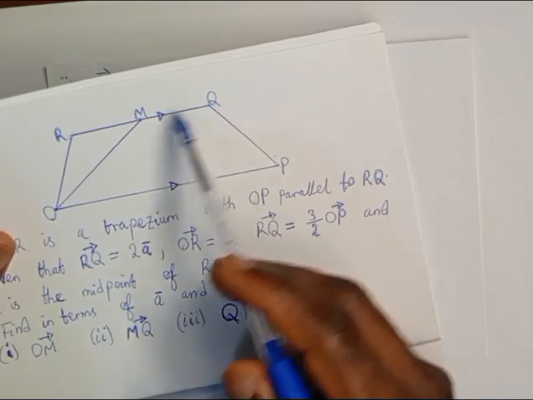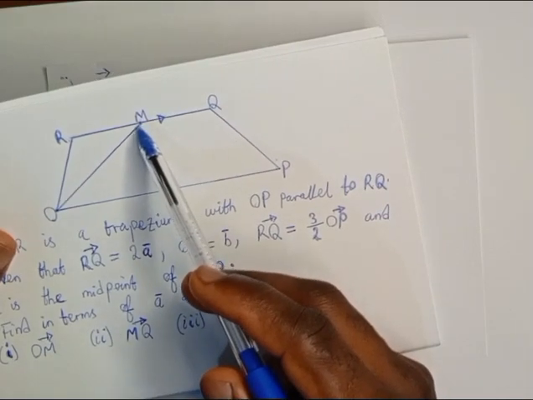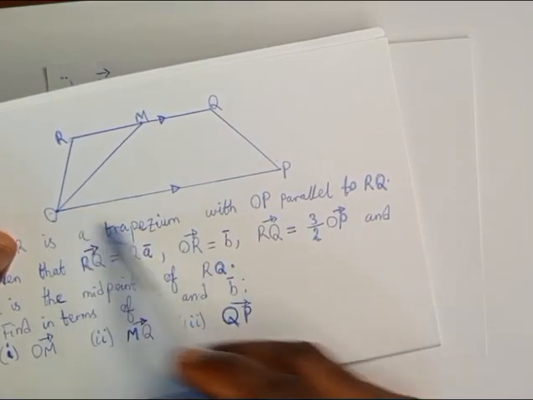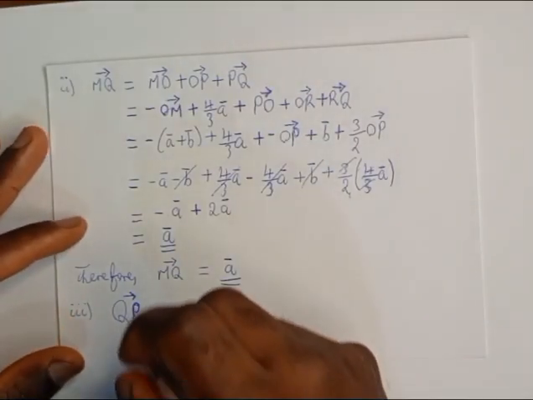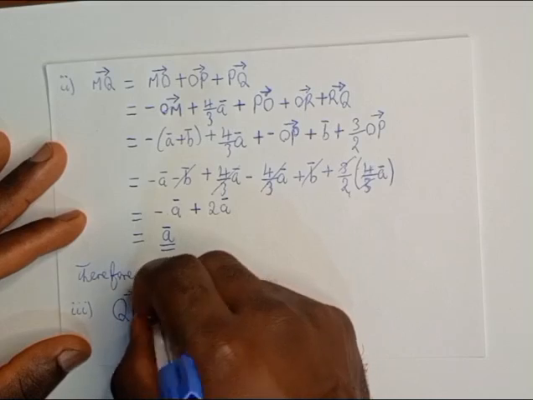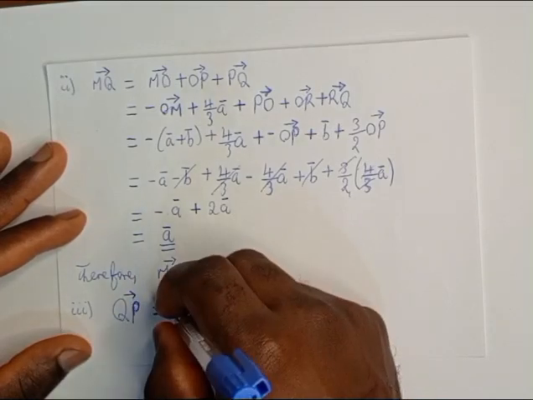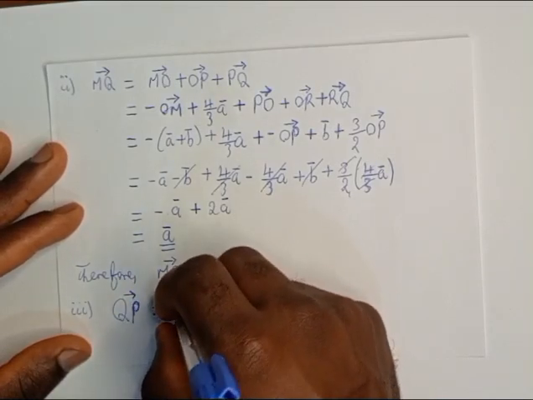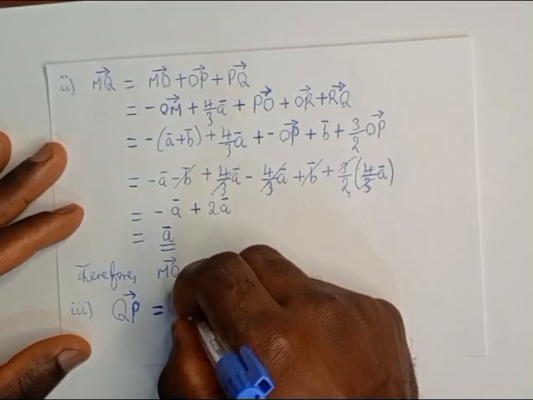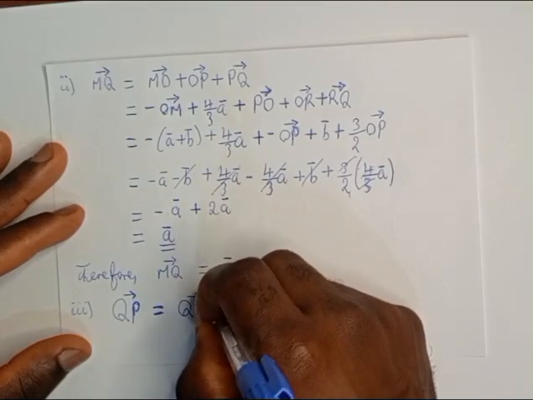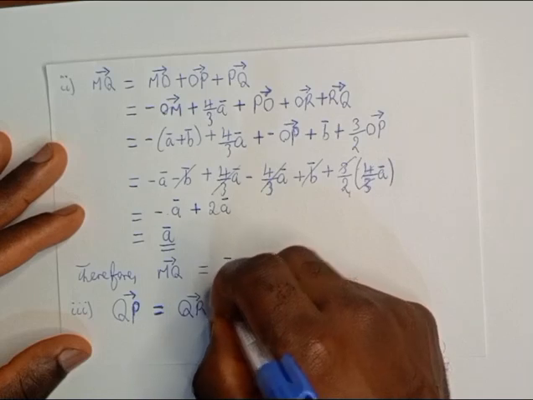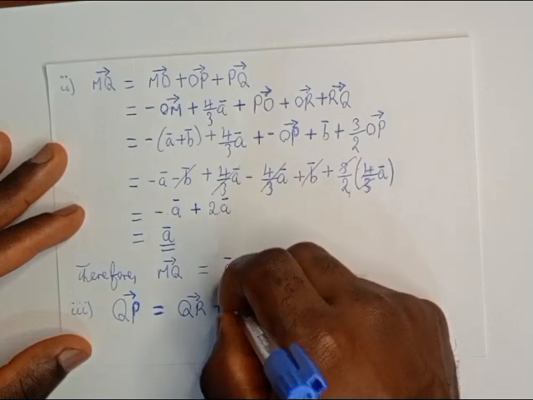It is the same as QM vector plus MO vector plus OP vector. We are going to make use of the first expression, which is QR vector plus RO vector